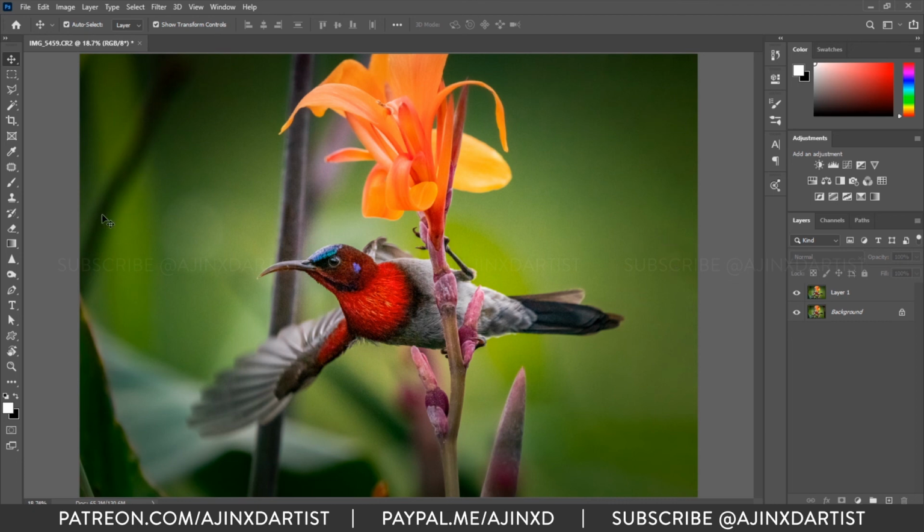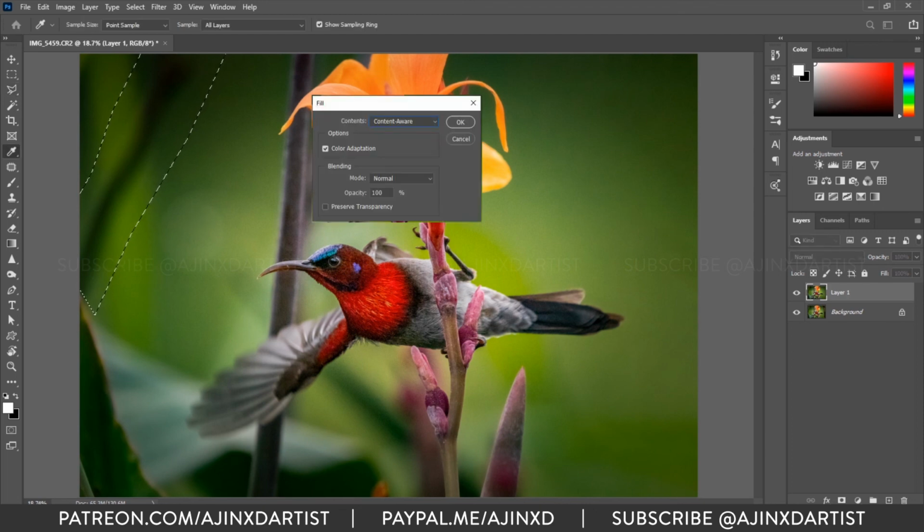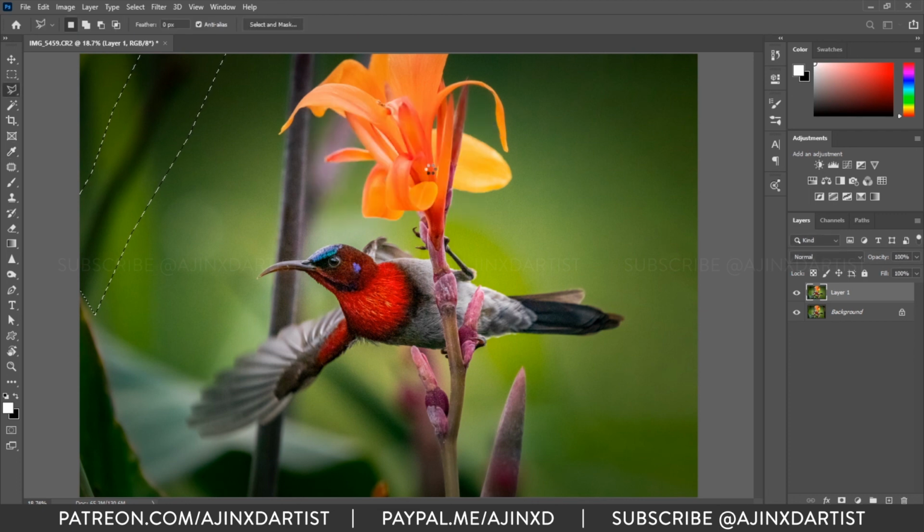So maybe we'll try to remove this stem like thing. Again, trying the content aware tool, selecting our layer, clicking L to get the lasso tool, drawing a rough selection around our problematic portion, pressing Shift F5, all the settings stay the same. OK, and Photoshop, do the magic.